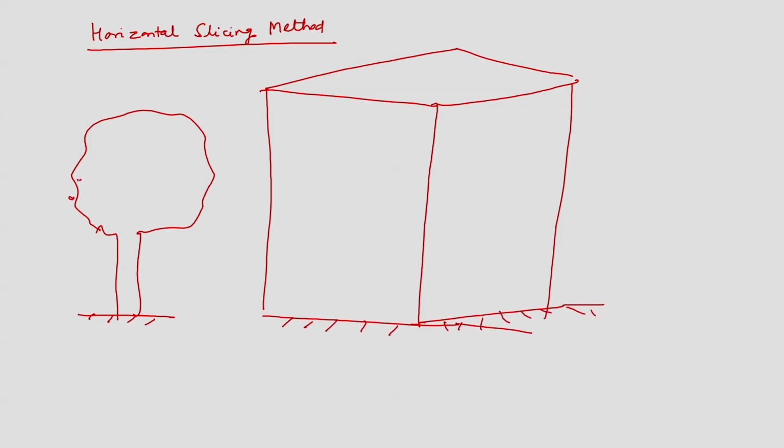And I have data all along the surface of the tree. Here I have data here, similarly here, and I have data on the top of the building, data on the sides also. Now, you can see here that if I do the horizontal slicing of this data like this,